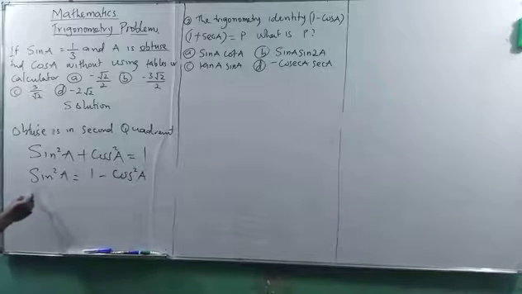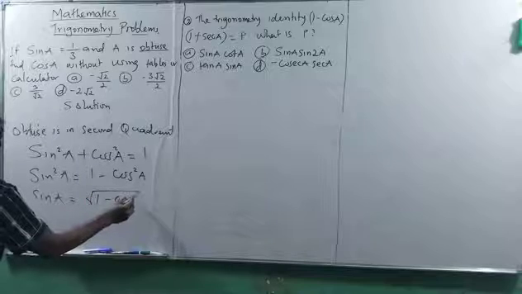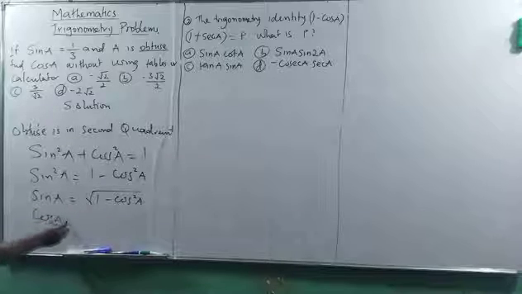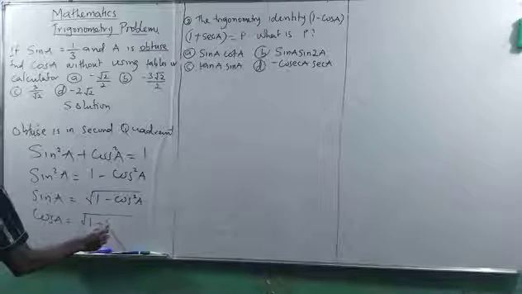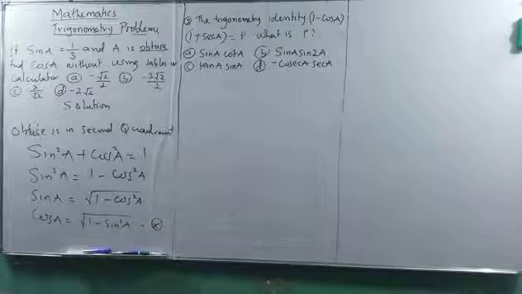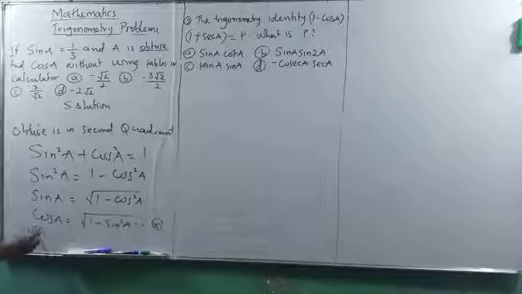For me to do this, it means sine A equals what? Root of 1 minus cos squared A. I think it's better this way. And also my cos A will be equal to root of 1 minus sine A squared. This is what I'm using. Since I'm using this, it means I'm saying that my cos A will be equal to